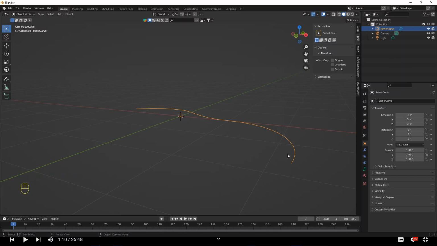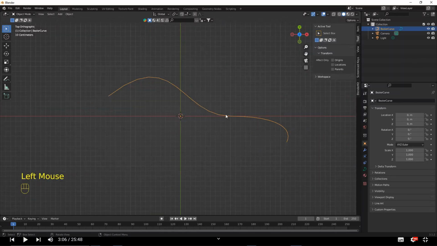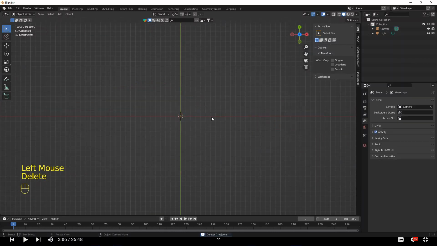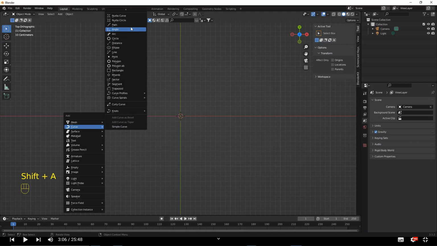I would say that what you want to do for the most part is to stick to your top view when you are doing stuff with curves, or the side views. Don't use the user perspective that much. Okay, I will go back to my top view, delete this and add another curve and try to make a sine wave here on the screen. So Shift A with a